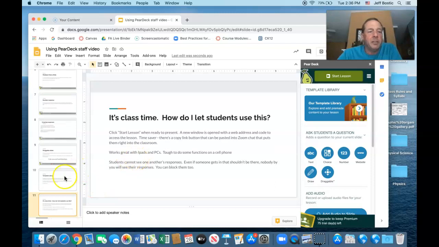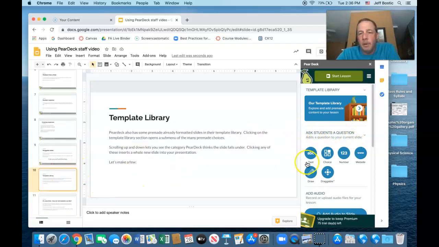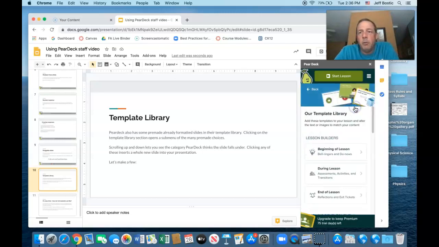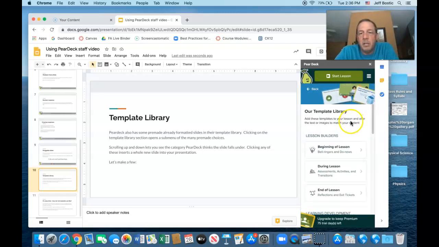And then finally, there's this thing called the template library. I covered all these. I'm skipping over a website. You can provide a link to an embedded website that pops up here if you want to show a work of art or a picture or a link to an image. Works great. The template library was overwhelming to me at first, but when you click on it, it